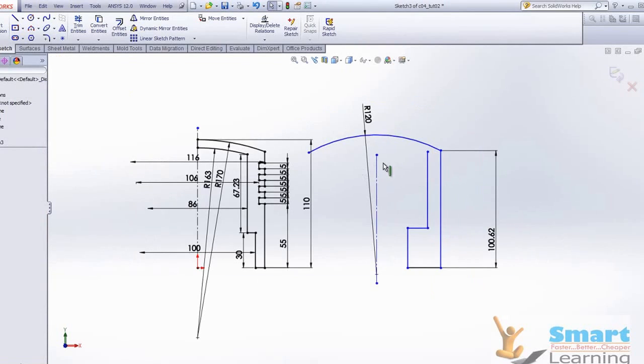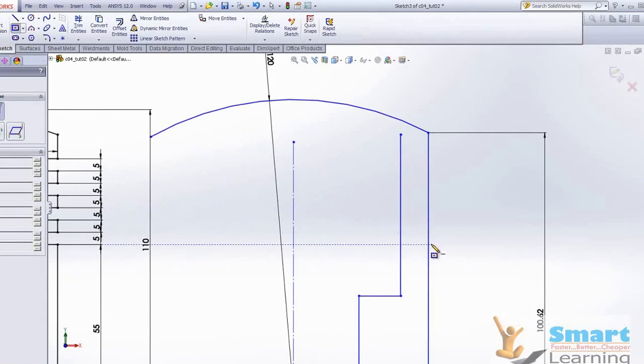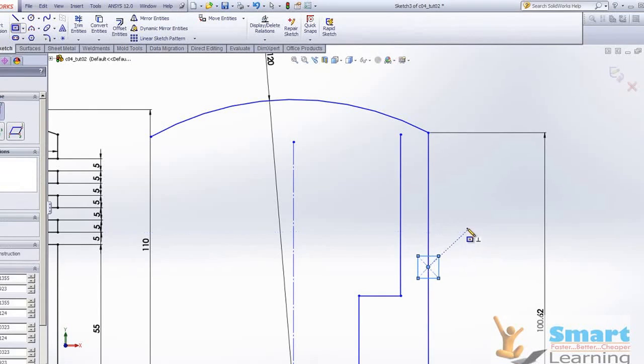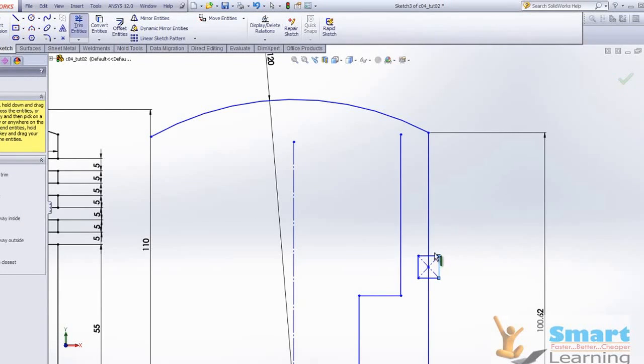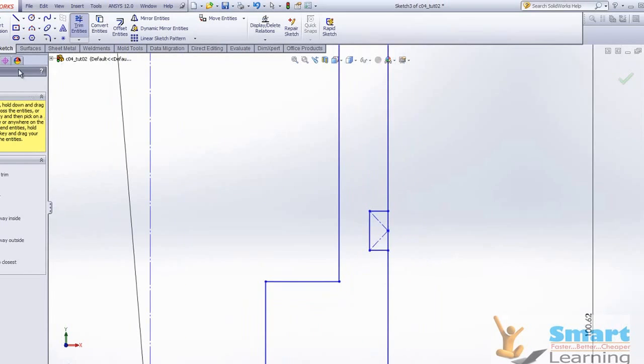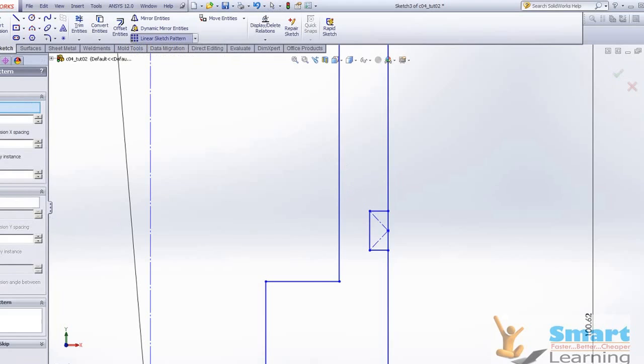So when you get this information, you have to draw a simple rectangular slot to locate this properly. Once you draw this properly, you have to trim and maintain only what exactly we are looking for. After drawing this, you can quickly go for the linear pattern and select this particular entity to pattern,